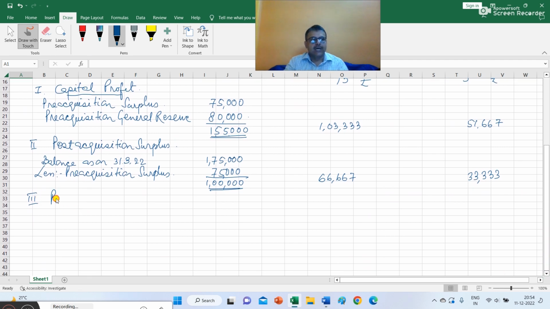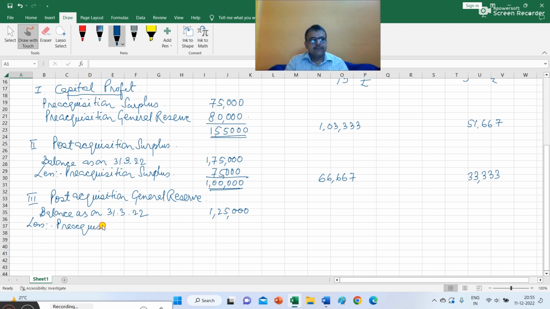Next is post-acquisition general reserve. So we have to write the balance of general reserve of Colonial Company Limited as on 31st March 22. So I am writing balance as on 31st March 22. It is given in the question that balance of general reserve of Colonial Company Limited as on the date of balance sheet was 1,25,000